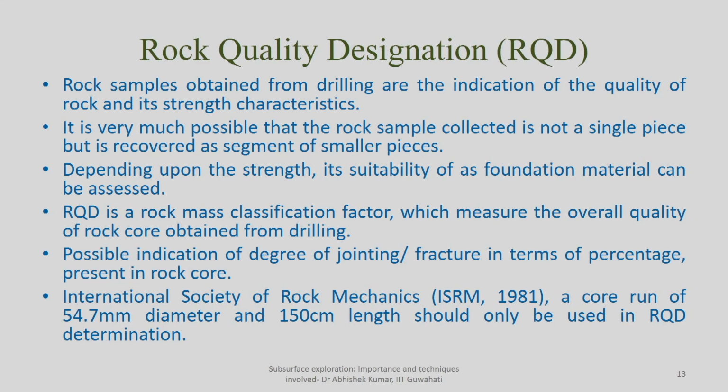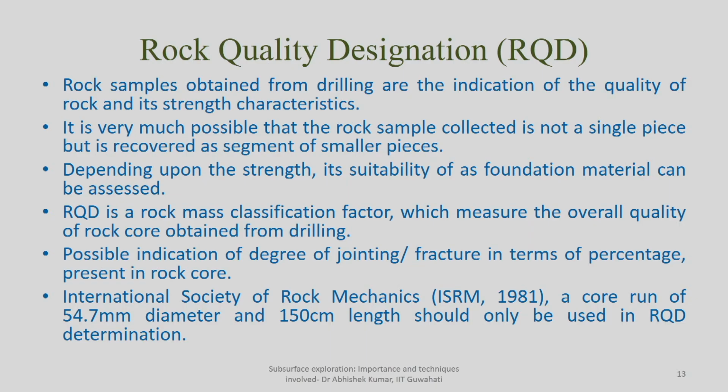Okay. Then we had collected the sample of rock, but how do you assess whether the sample is good or bad, and so on and so forth? So generally we use rock quality designation. Rock quality designation will give you an indication, depending upon the core information, of what kind of rock is available, whether you can classify the rock as very good, very poor, fair, excellent, and so on. So this is a very important term when you are dealing with rock samples. It's called rock quality designation.